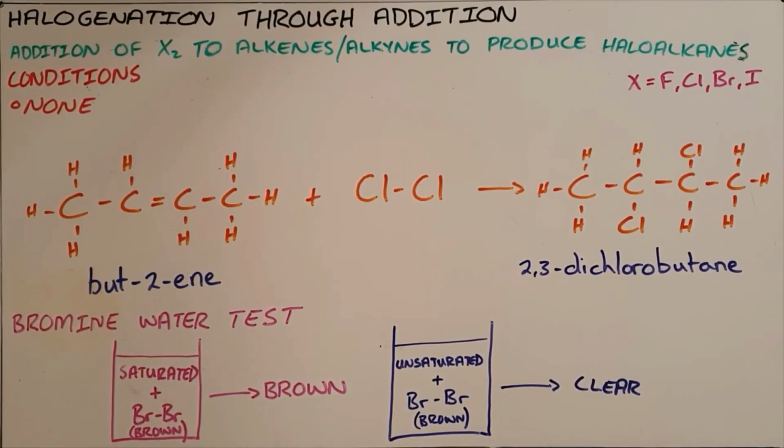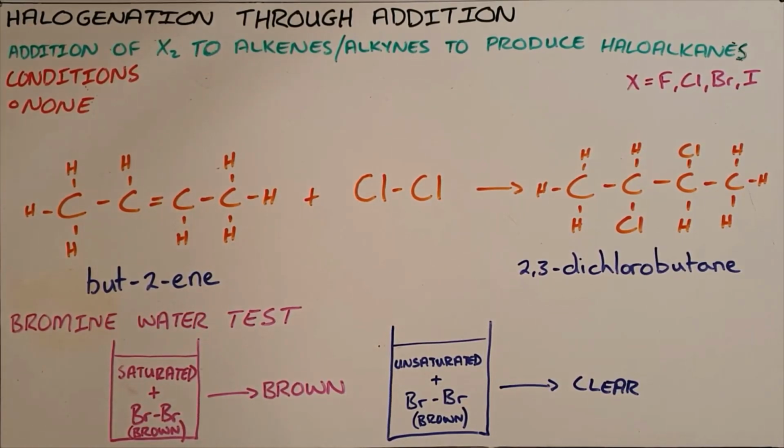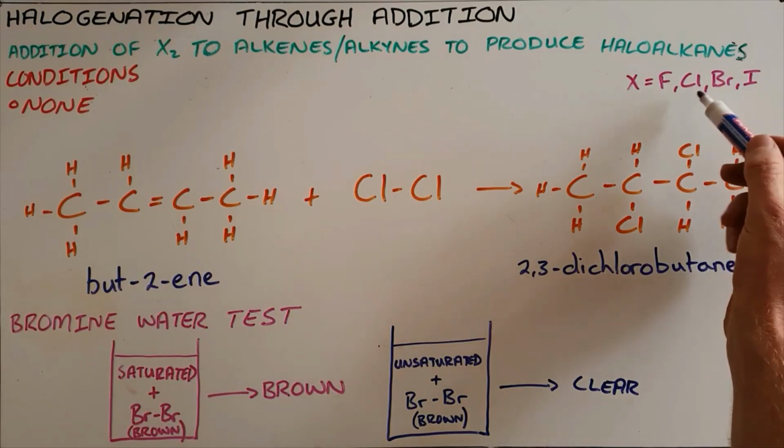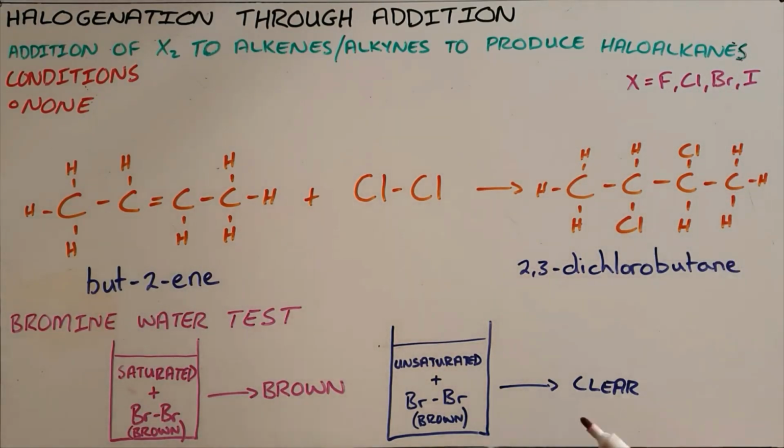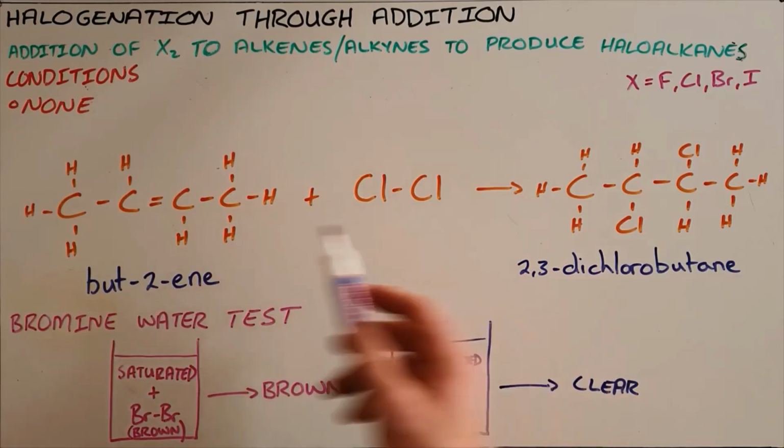Halogenation through addition is the addition of a halogen to an alkene or an alkyne to produce a haloalkane, where the halogens are the group 17 elements, those being fluorine, chlorine, bromine and iodine, all of them being diatomic. Important to note that halogenation through addition has no specific conditions, and as such we would say that it would